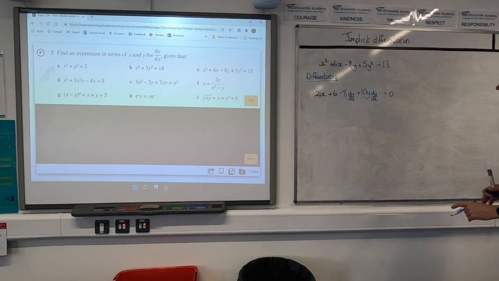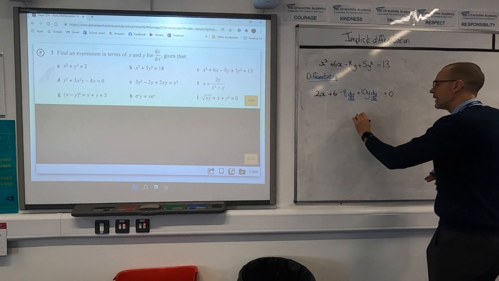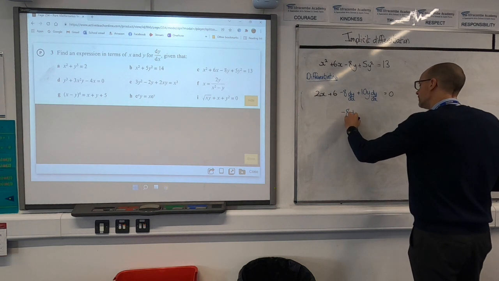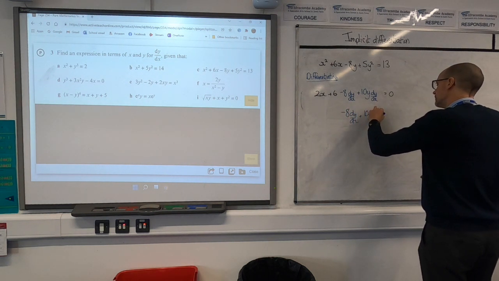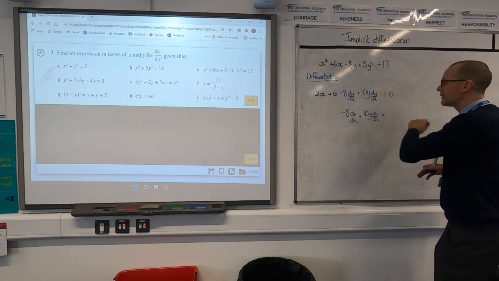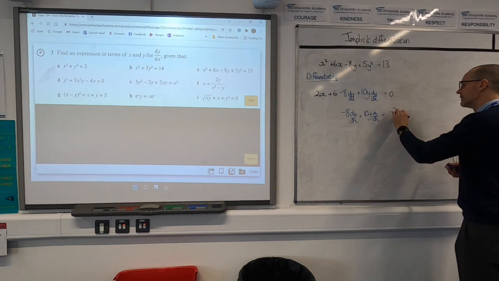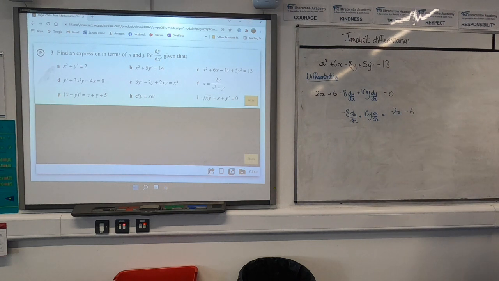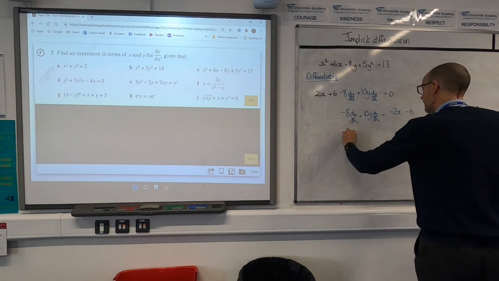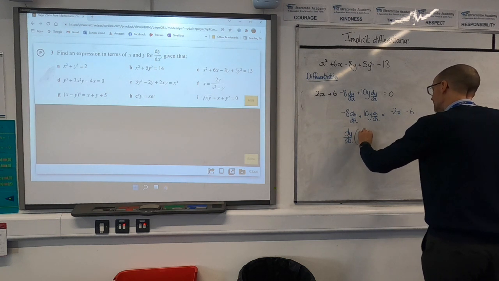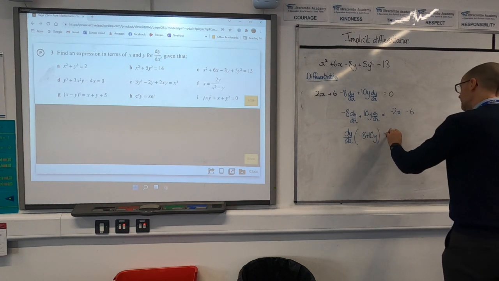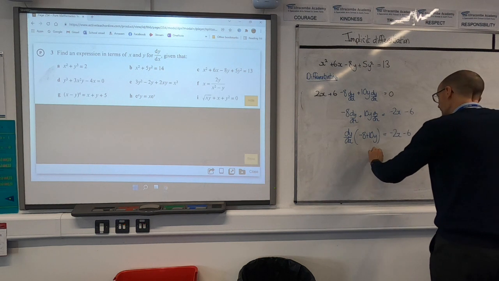bit of algebra again. And you may remember this is my favourite sort of rearranging, when you're trying to make x the subject and you've got more than one x, you collect all the x's on one side, everything without an x on the other side, and then you factorise. Well, it's the same here. I'm going to have everything with a dy by dx on one side. Everything without a dy by dx, I'm going to shovel that over to the other side. And then I'm going to factorise that left-hand side, pulling out the dy by dx. And then I'm going to divide